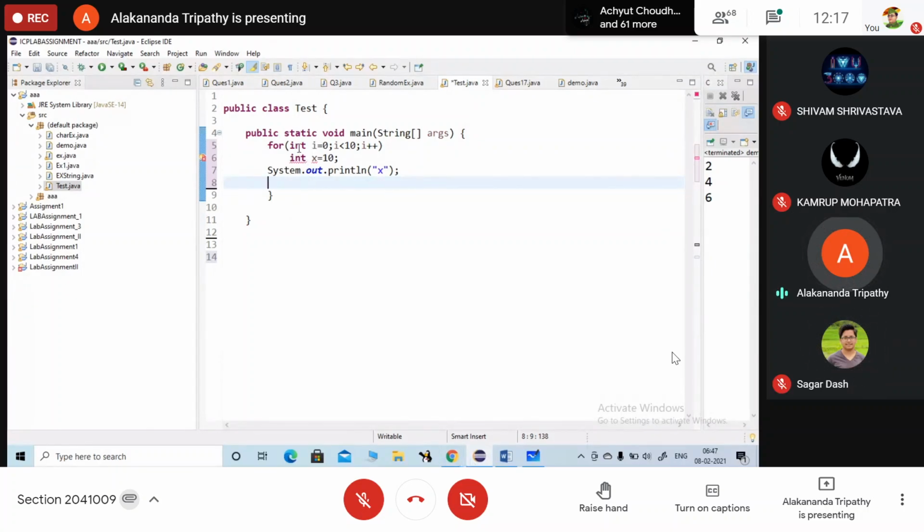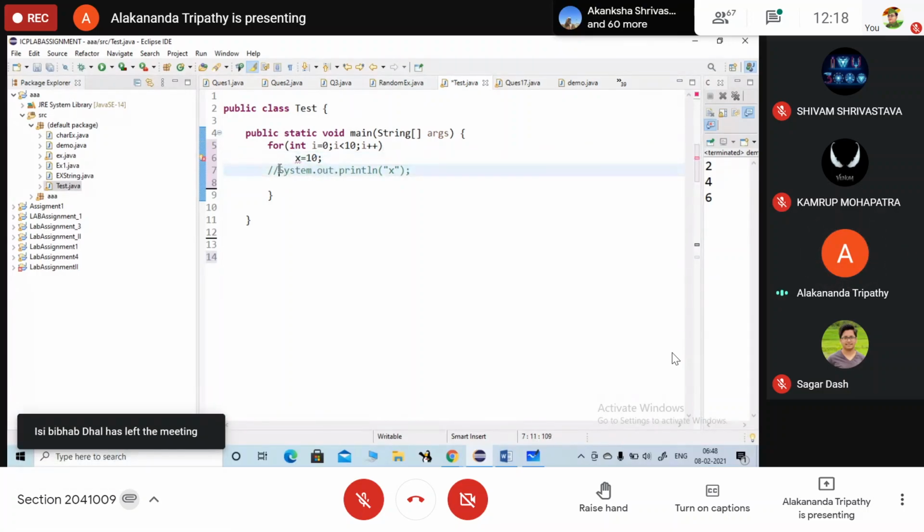But here what is happening? Even if there is a single statement, look here, it is not showing any error, isn't it? For i equals to 0, i less than 10, i plus plus, println.